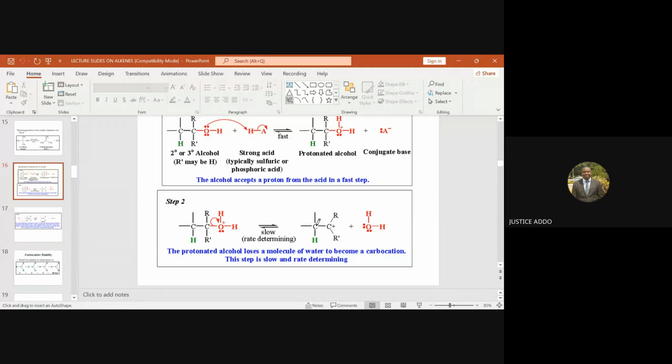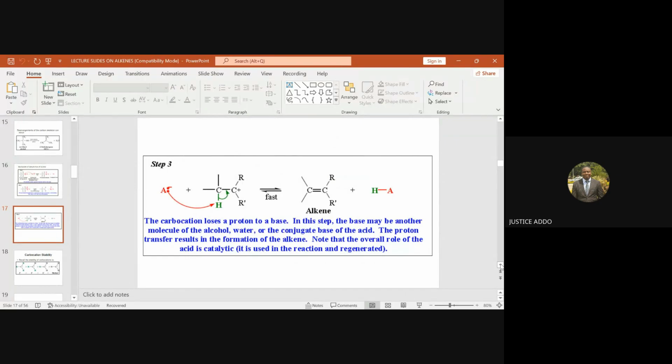And it is this intermediate carbocation that is finally going to form the alkene. It is this intermediate carbocation that is going to form your final product alkene. So you move to the third step. Now, at the third step,